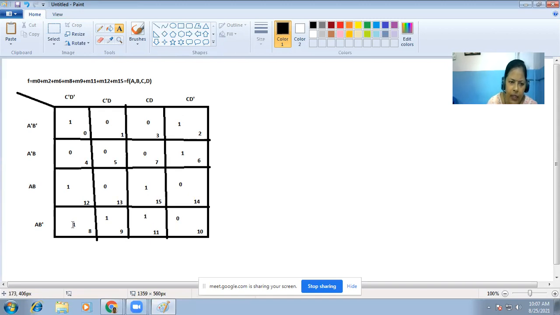But for this one, there is another option that considering this one, we can make a loop. So in that case, for this one, there are two chances, with this one and with this one. But for this one, again, it has two chances, this one and this one. So we can form any one.